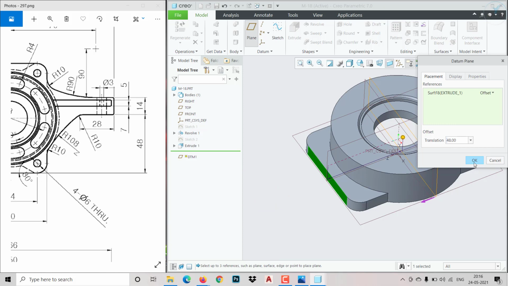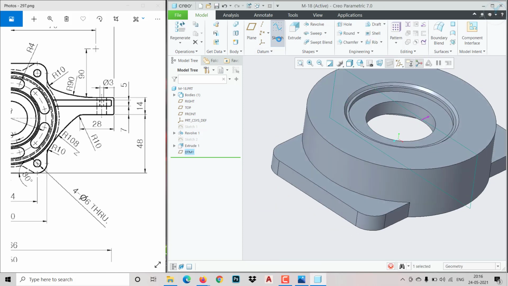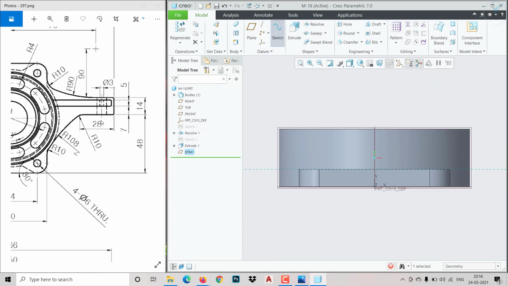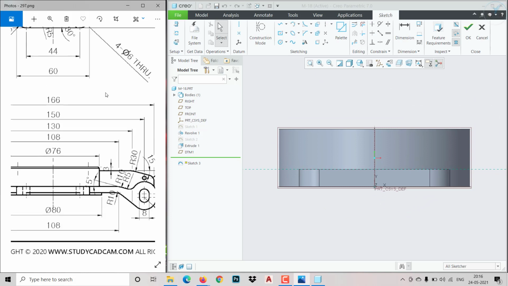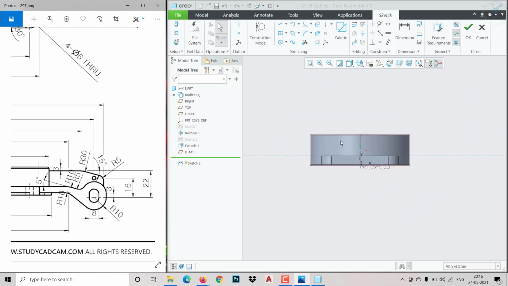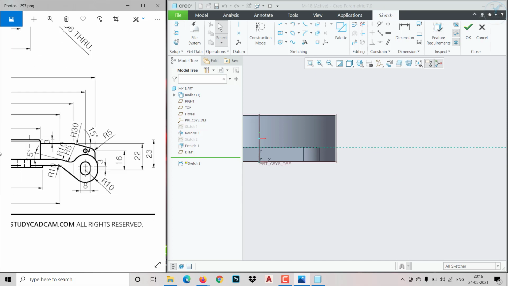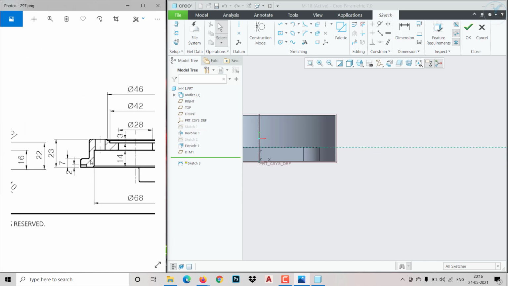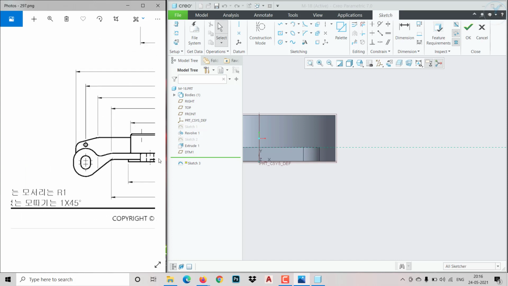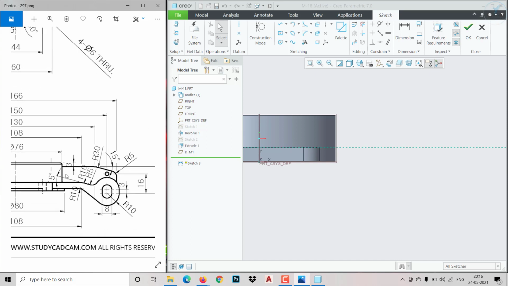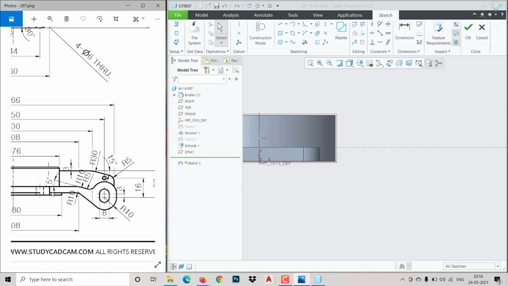On that you can make a sketch. So the sketch is here. This is the shape we need to make. It's not a circle. Okay, so let us create this shape. This we can do from top. That is fine. This shape,